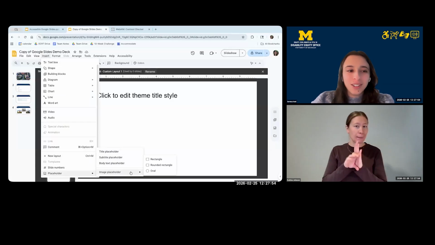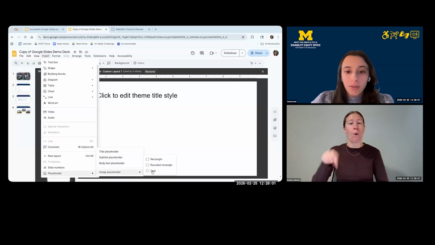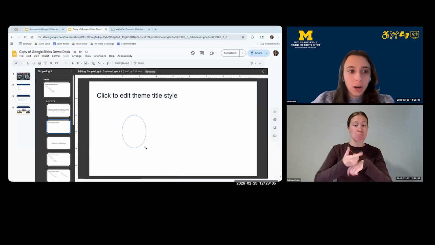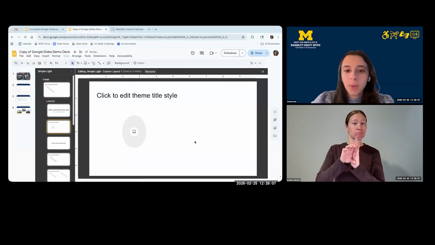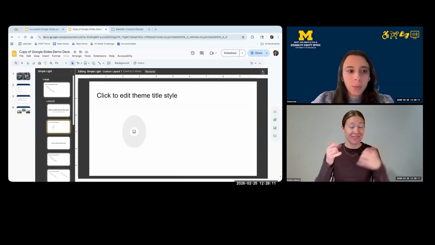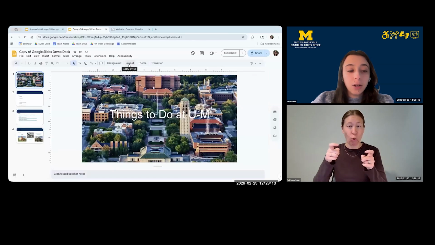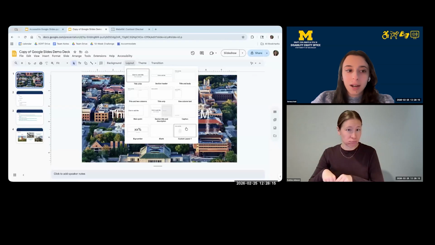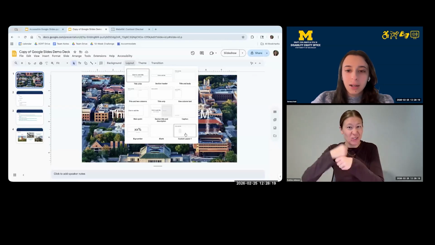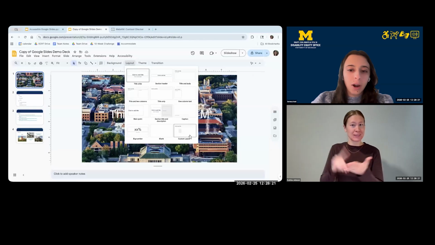Again, just as a reminder, this is not for adding actual content, just for customizing the design layout. So if I add an oval image placeholder to this layout, when I close out the slide theme window, the next time I go to make a new slide, I can choose that custom layout option I just made, and it will have the design set up exactly the way I want.